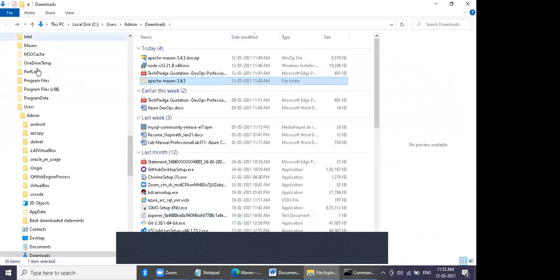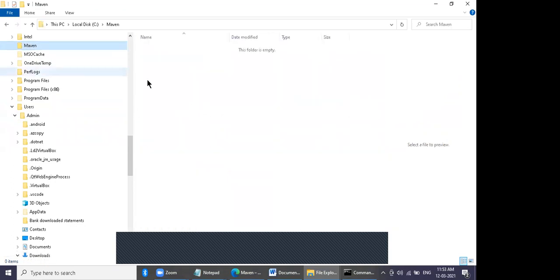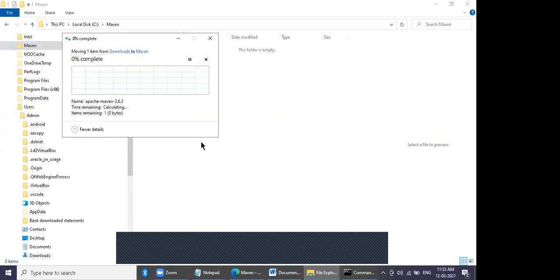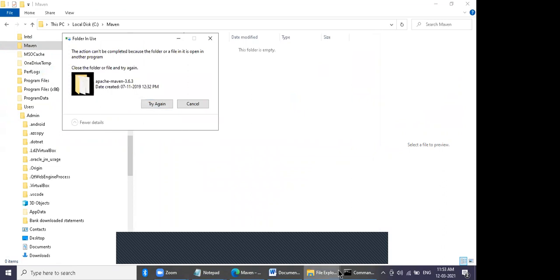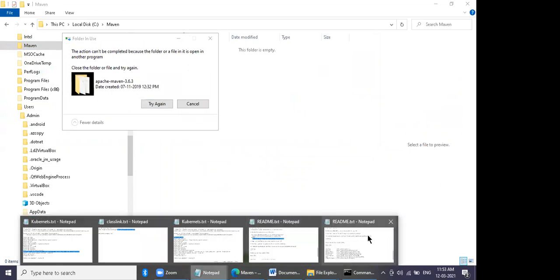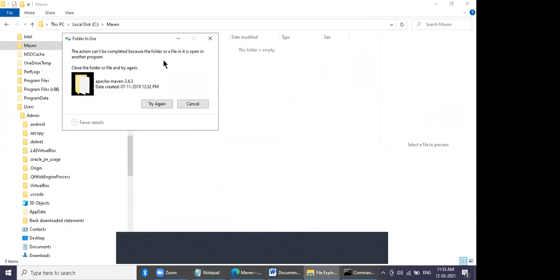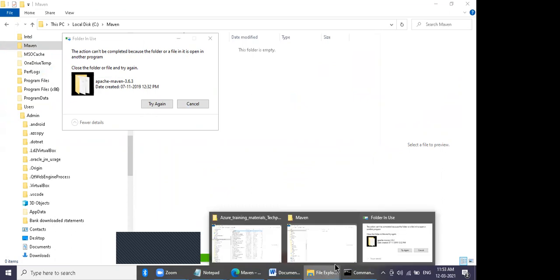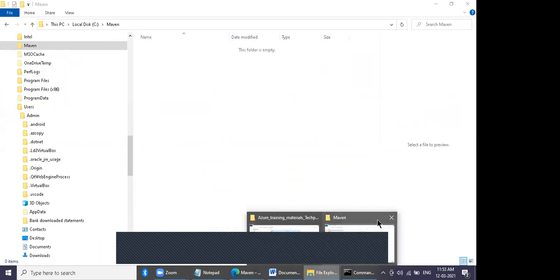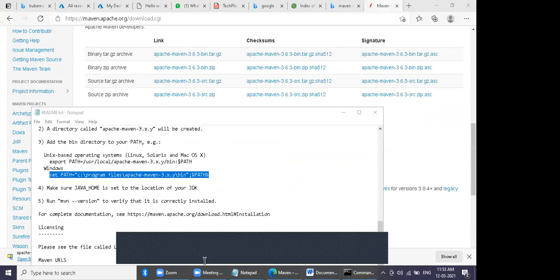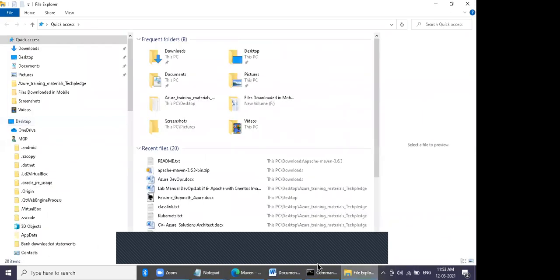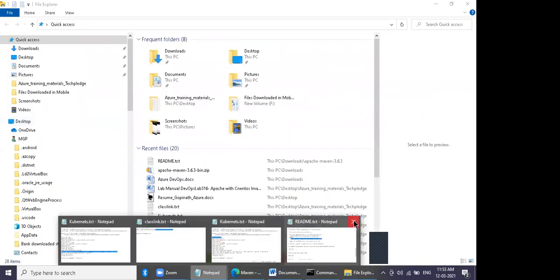Cut that. You have to close this readme.txt.